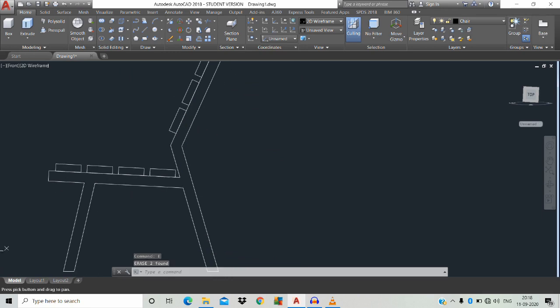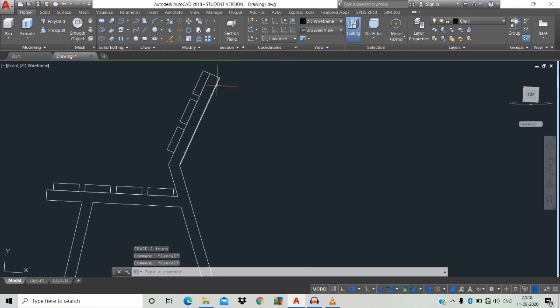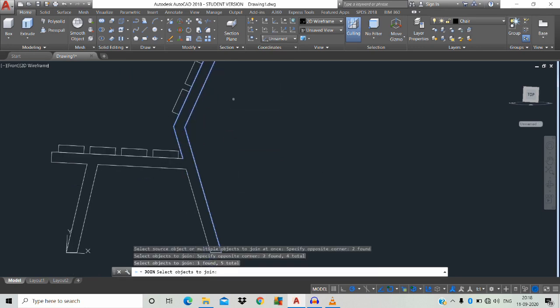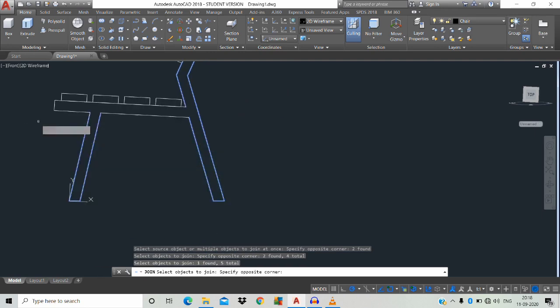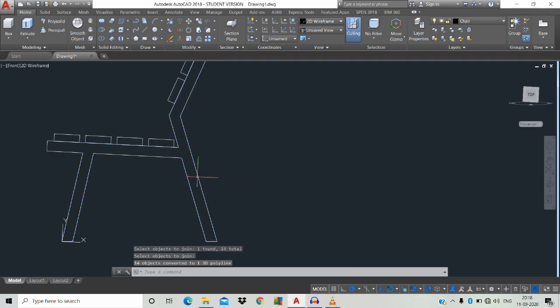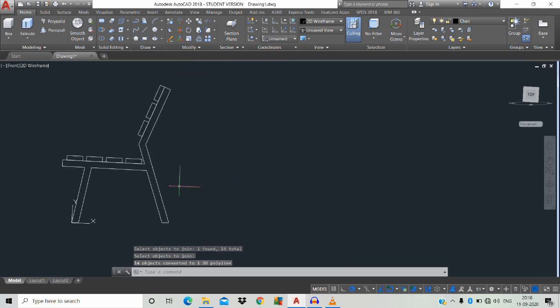Now we're going to join this line. J space, click these points and these points, space. Now it has become a single object.